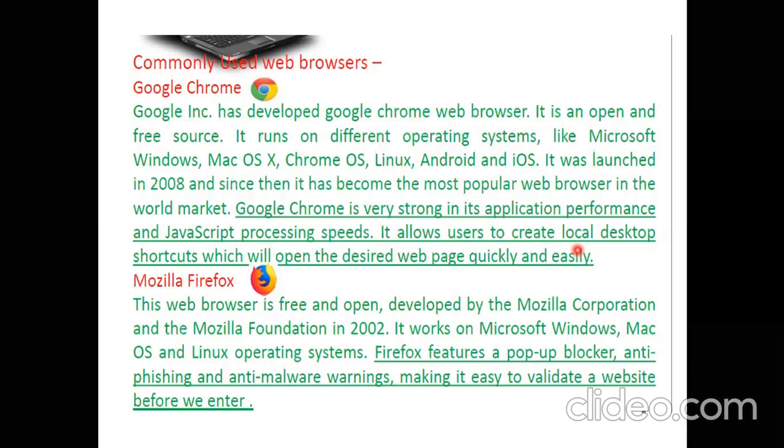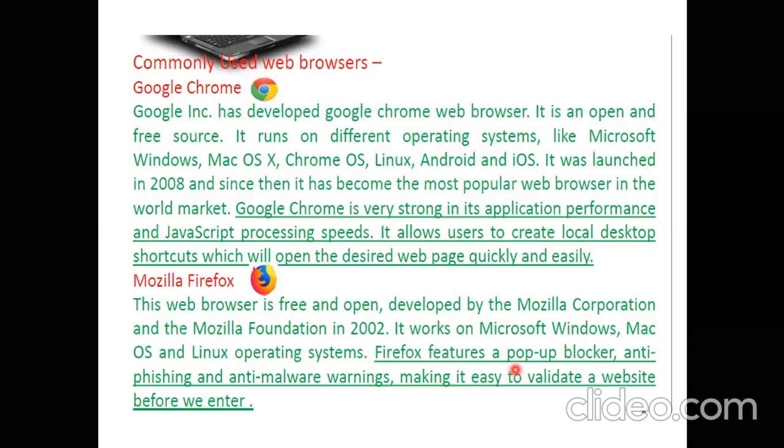Coming to Mozilla Firefox, this web browser is also free and open, developed by Mozilla Corporation, Mozilla Foundation in 2002. It works on Microsoft Windows, Mac OS, and Linux operating systems. Firefox features a pop-up blocker, anti-phishing, and anti-malware warnings, making it easy to validate a website before we enter. Now, what does this mean?